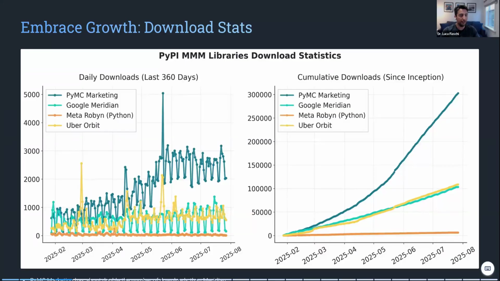And generally speaking, we know that the Python community for data science is larger than the R community. So I would say it's safe to assume that the adoption of Robyn is a little bit lower than the two others combined. PyMC-Marketing has been in the industry for way longer than Meridian. It has double the adoption in terms of downloads compared to Meridian on a daily basis. So it is, I would say, safely assumed that it is currently the incumbent library for building media mix models and the most adopted by number of downloads. So if you go to the next slide,